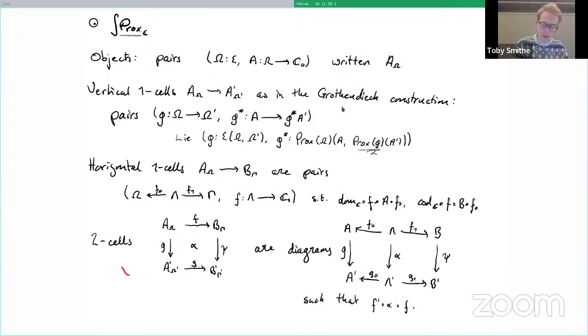And then the two cells are diagrams like this. So this is just the span, so two cells in the span double category, but I have to be able to pull back, say I've got some F prime here, and I've got my F here. So the triangle like this has to commute too. So this is a double category, and it is, in my view, the kind of double category which is a bit like a proxy version of this bipara category that I described earlier.